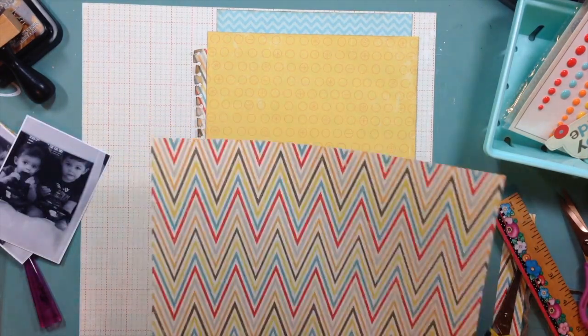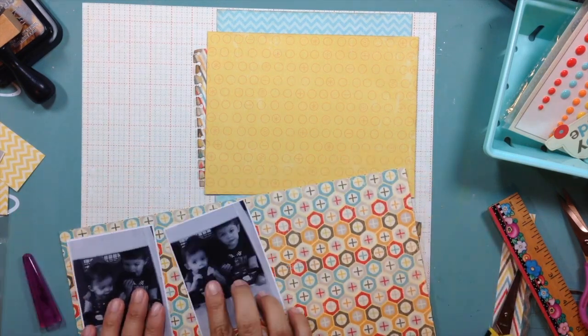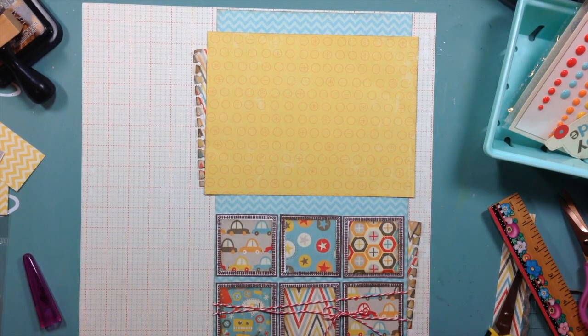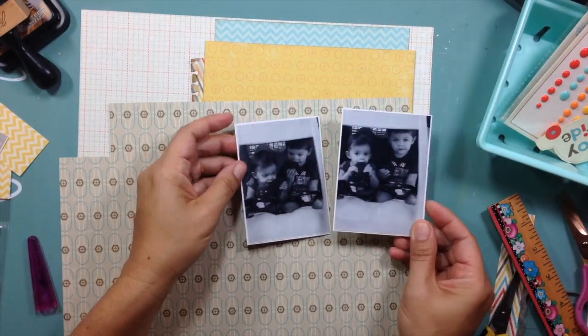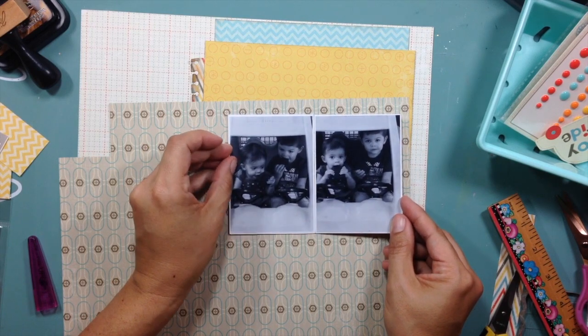I am going to be honest with you guys, the one color combination I have never liked, ever, and you will never see it, is red on yellow. And as soon as I brought it, I'm like, oh my gosh, Desiree, what were you thinking? Red and yellow? Reminds me of McDonald's. So I skipped that, went back to the pattern paper, and that's where I decided to go with this one,